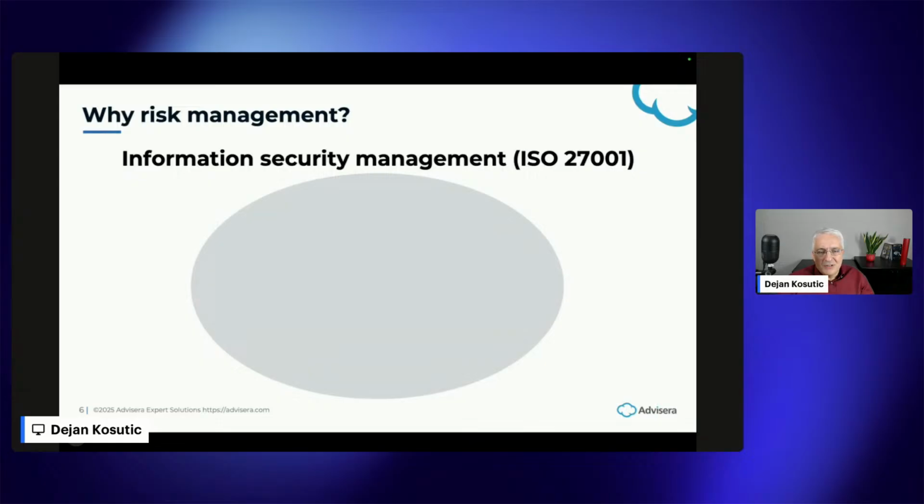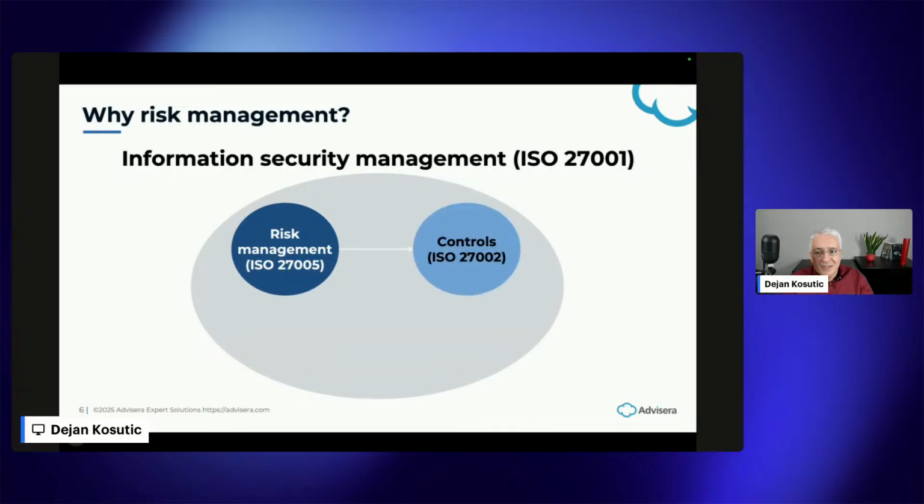You can understand ISO 27001 as, let's say, a general framework. And within this framework, you have risk management. As I said, this is where you assess what kind of bad things can happen to your company. Based on these conclusions, you start implementing controls. And then one of the very important things is to start measuring the effectiveness of these controls. And then these results are feeding back into